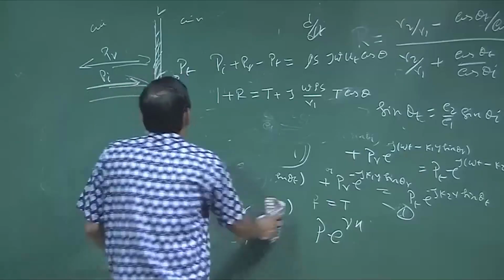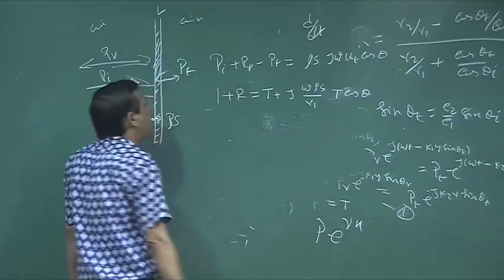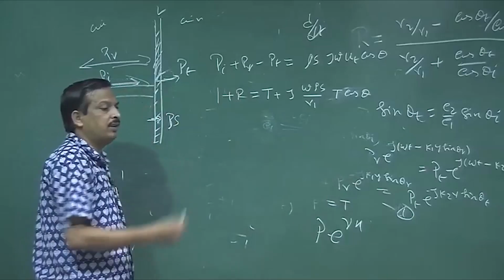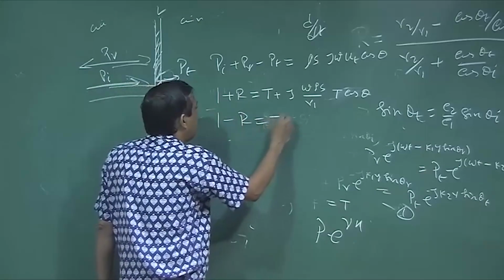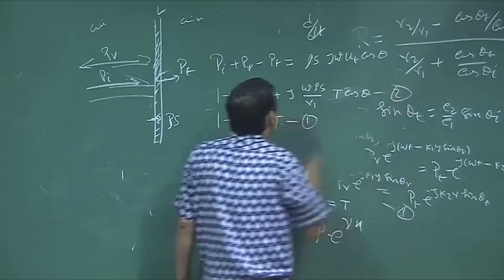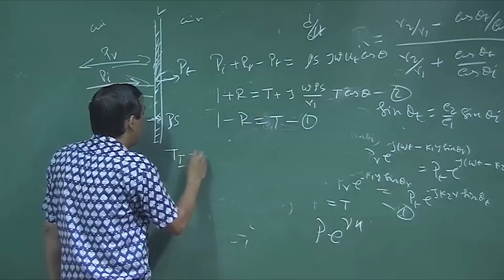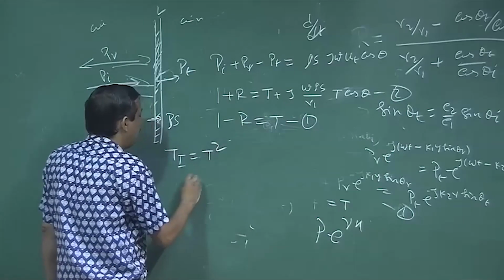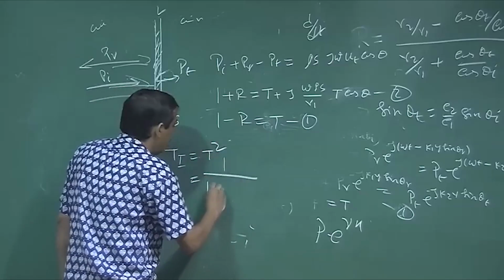Okay. Now, forget about this equation. So, 1 plus RT is equal to this thing. So, from there 1 minus R is equal to T. So, using this equation, this is 1 and this is 2, I can calculate T, and then I can calculate Ti, which is nothing but T square, which is nothing but 1 by, if you calculate it, plus